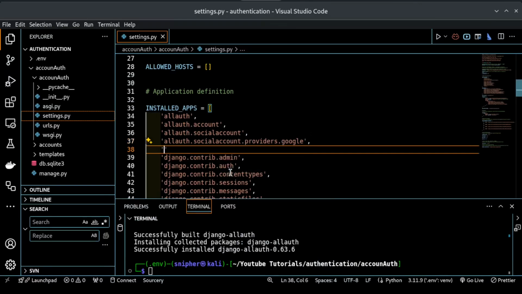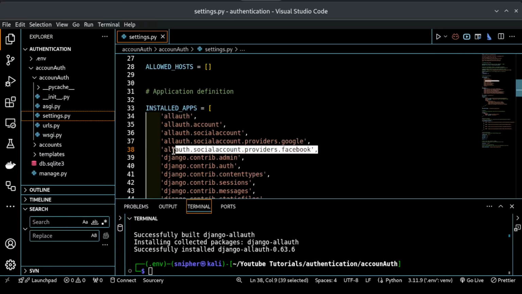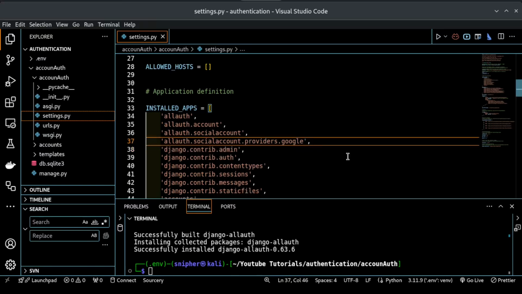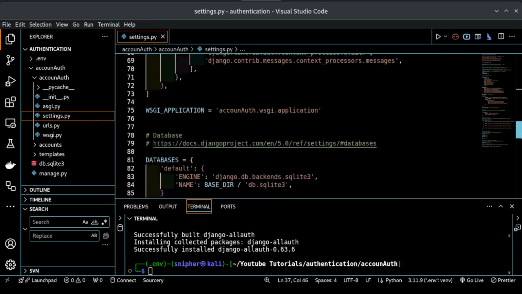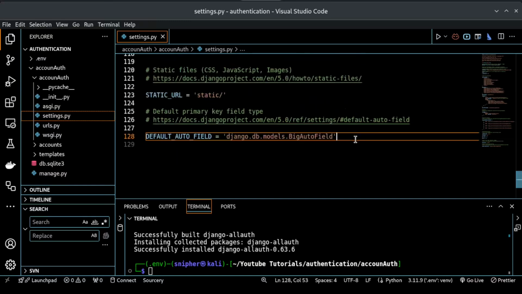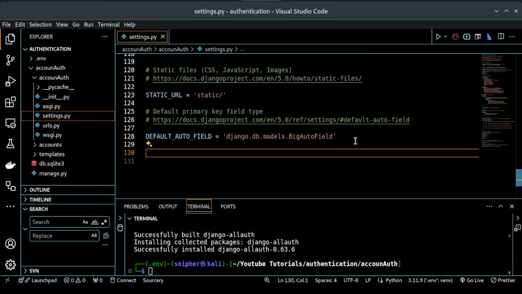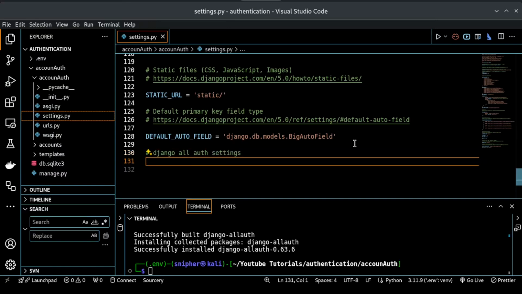You can also add others, like let's say GitHub or Facebook. Okay, you can add Facebook. So since we are only using Google, I don't need it. But that is how you can add them. Once you have done that, you can now do some settings for it, and then let's first of all do Django Allauth settings. Okay. We want ACCOUNT_EMAIL_REQUIRED